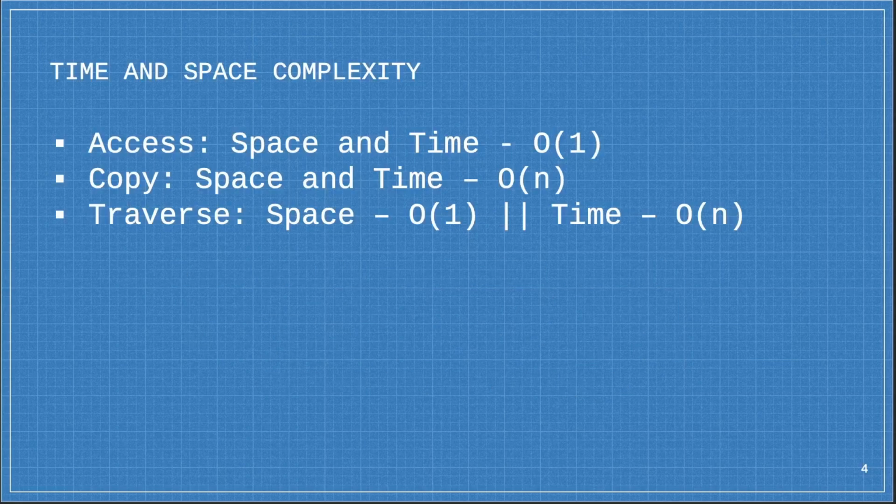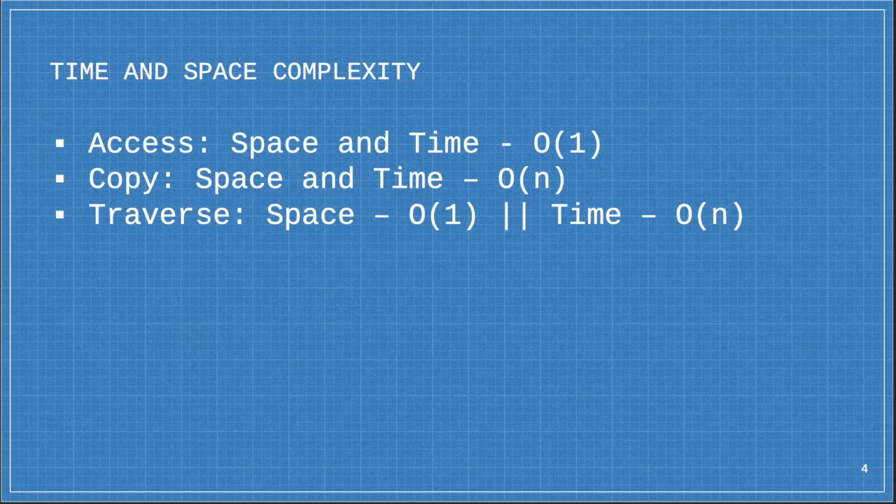For the time and space complexity, access takes constant time for both space and time, as it is stored as an array. Thus, of course, accessing elements is just the same as for arrays. Copying a string for both space and time takes O of n, because to copy a string you have to go through each character and copy it. And of course, because you copy it into a different space in memory, you allocate again O of n space.